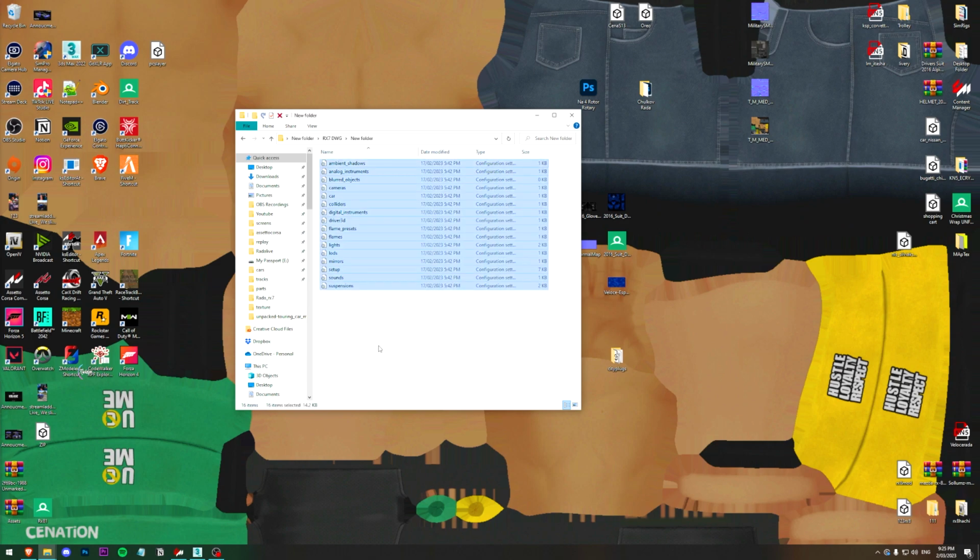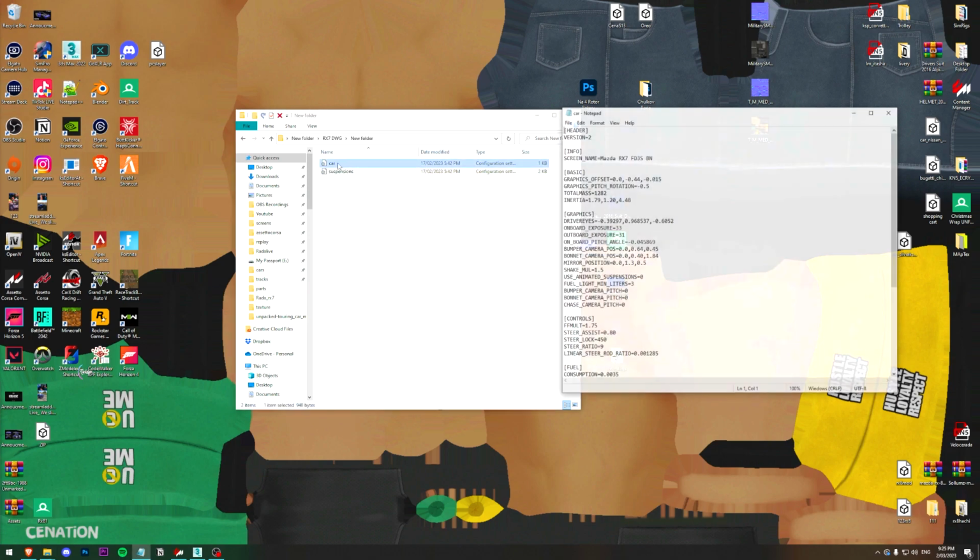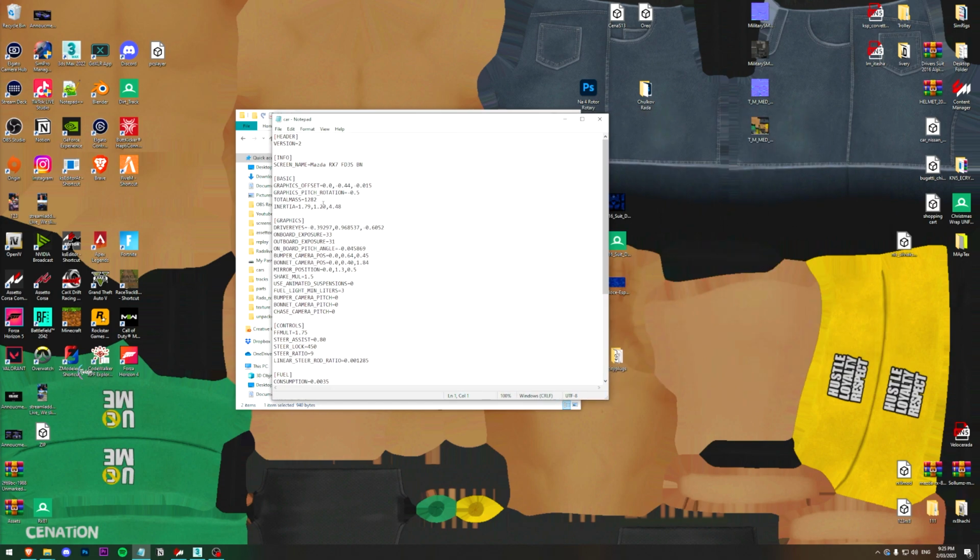You want to hit Control A on your keyboard, which will select all. And you just want to hold control and click on car and suspensions. You're going to delete all the other files in there. You want to open the car config and you want to go ahead and delete all of this stuff